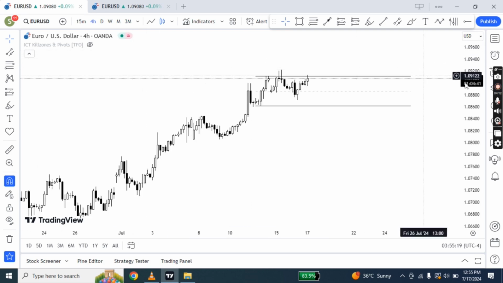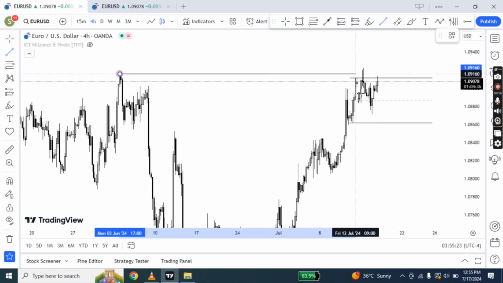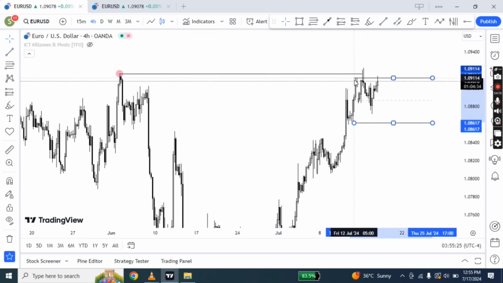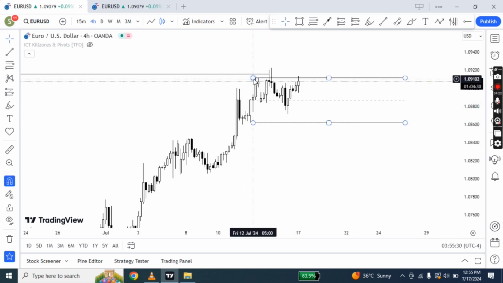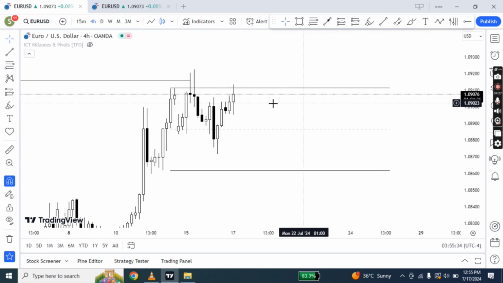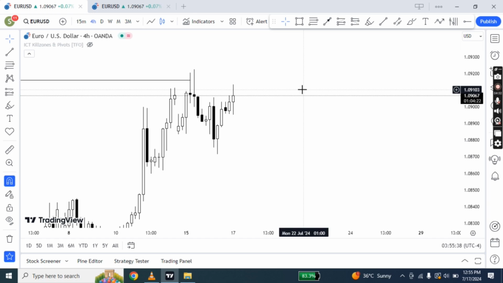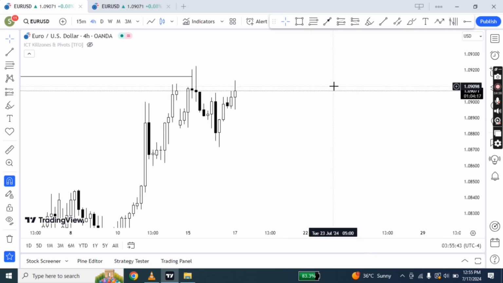On the weekly time frame we expect a retracement profile, right, which gave us a bearish scenario, and on the daily time frame we've got this bearish CRT and we are targeting 50% of this CRT right here. So our drawn liquidity based on the higher time frame analysis is bearish, right? Our bias is bearish,